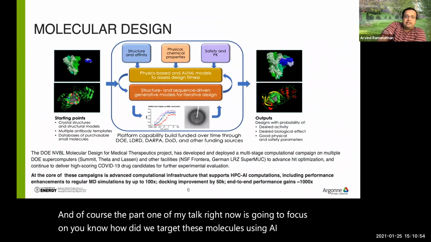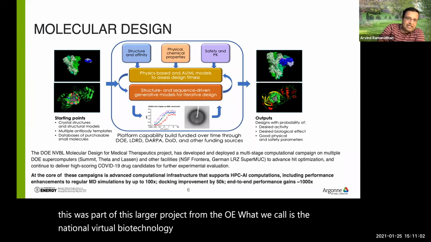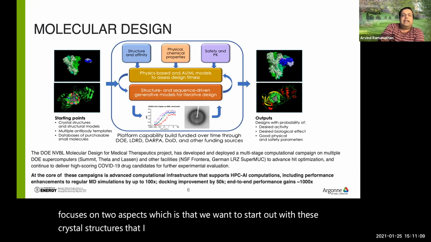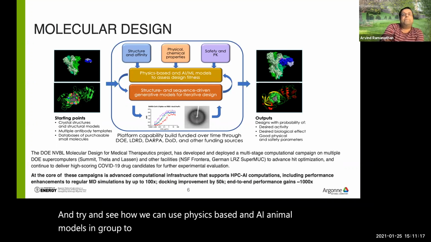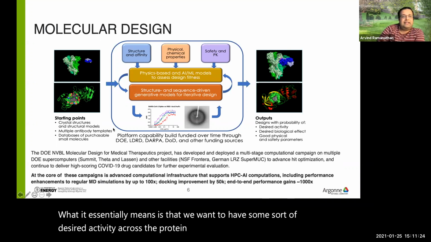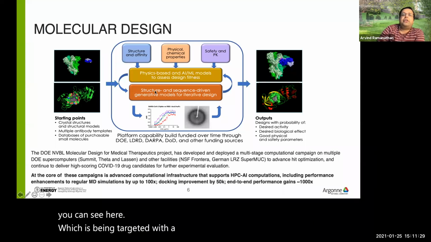So this was part of this larger project from DOE, what we call the National Virtual Biotechnology Lab. And molecular design actually focuses on two aspects, which is that we want to start out with these crystal structures that I just spoke to you about, and try and see how we can use physics-based and AI and ML models in group to assess the design fitness. What it essentially means is that we want to have some sort of desired activity across the protein. So this is the main protease, as you can see here, which is being targeted with a small ligand. And we wanted to end up with